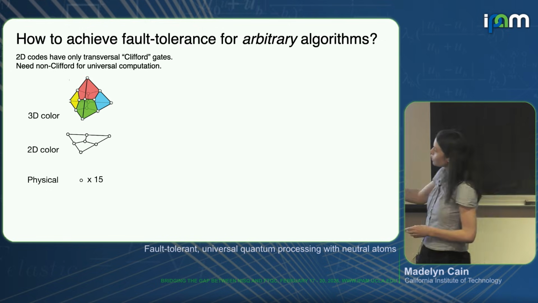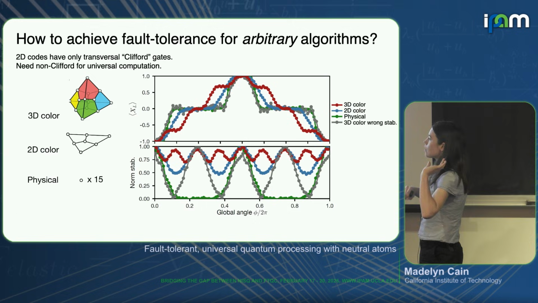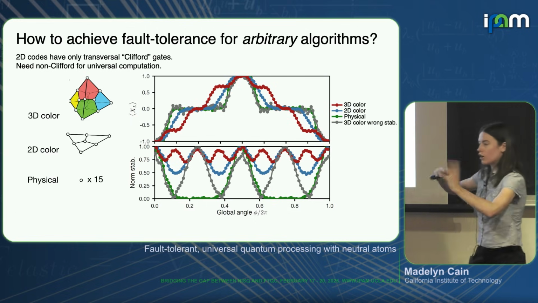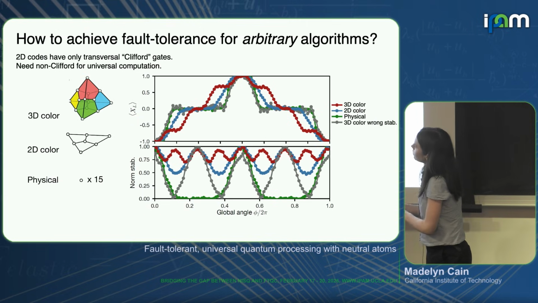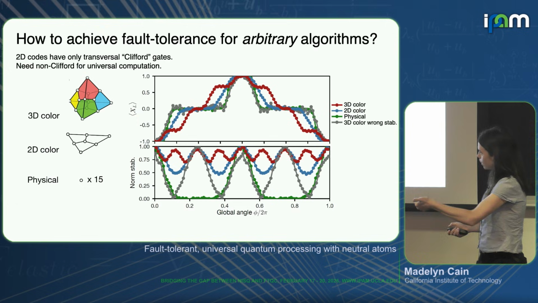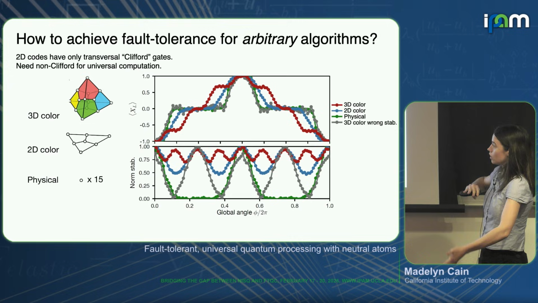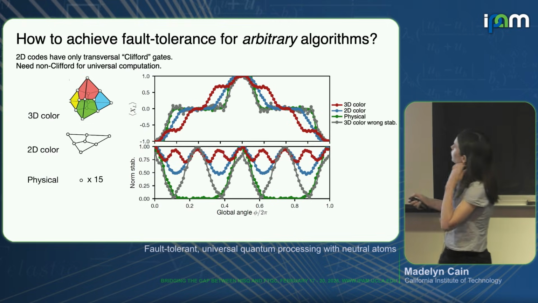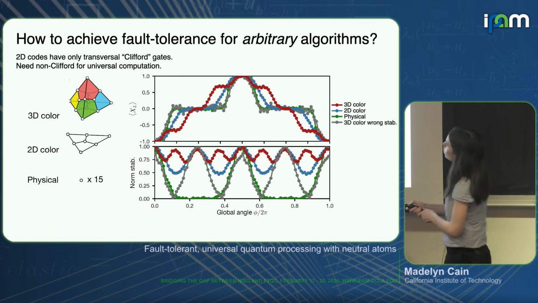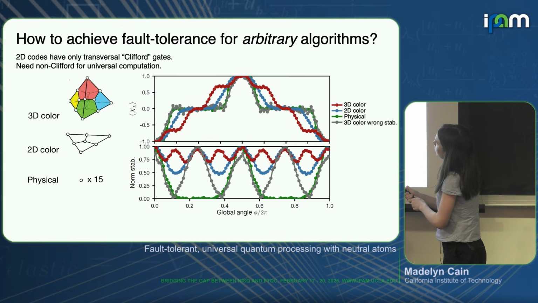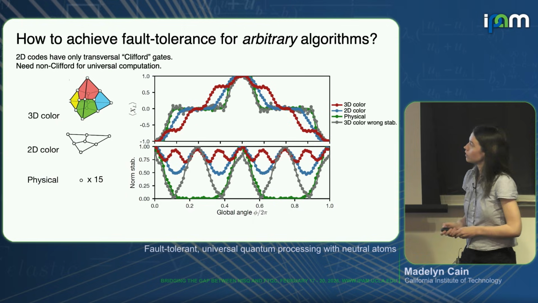So what we do is we'll generate this code, measuring our stabilizers, and we'll then apply, again, this kind of global artificial error to our code. So here on the top, I'm showing the logical operator expectation. And on the bottom, I'm showing the stabilizer values between 0 and 1. And what we see is that as we inject errors at a larger and larger angle, we actually have plateaus in our logical information. And these plateaus correspond to transversal gates.